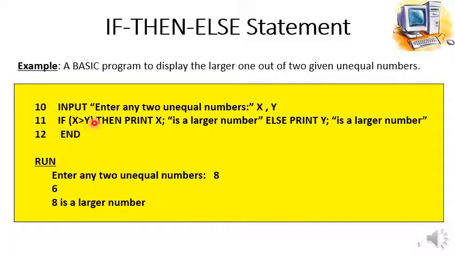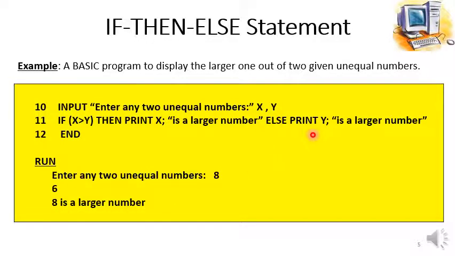So this condition is true. And if this condition is true, then the statement after the then keyword is going to be executed, which is print X. First, this print statement will print the value of X, which is 8, and after that the string written in double quotation marks, is a larger number,